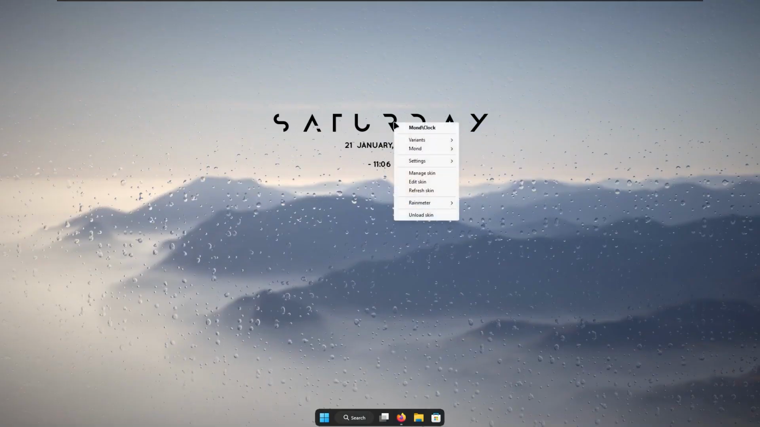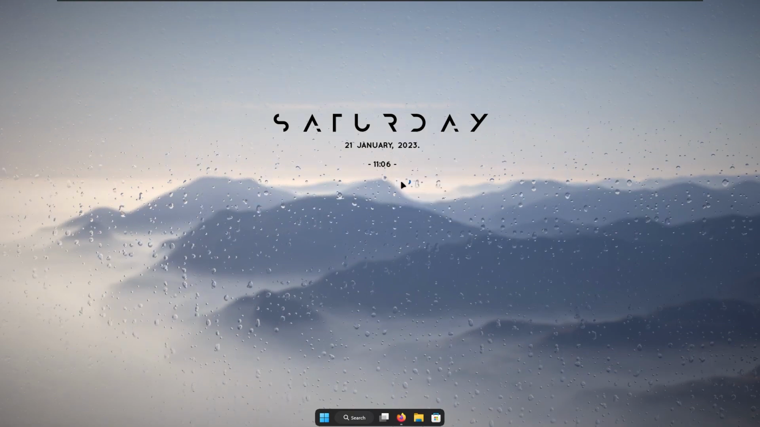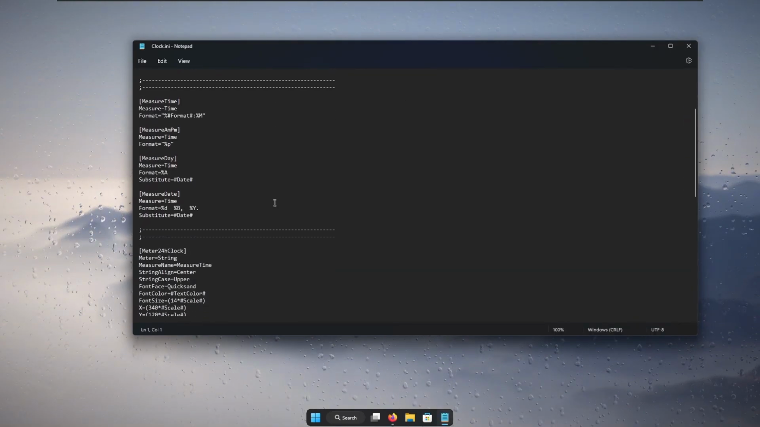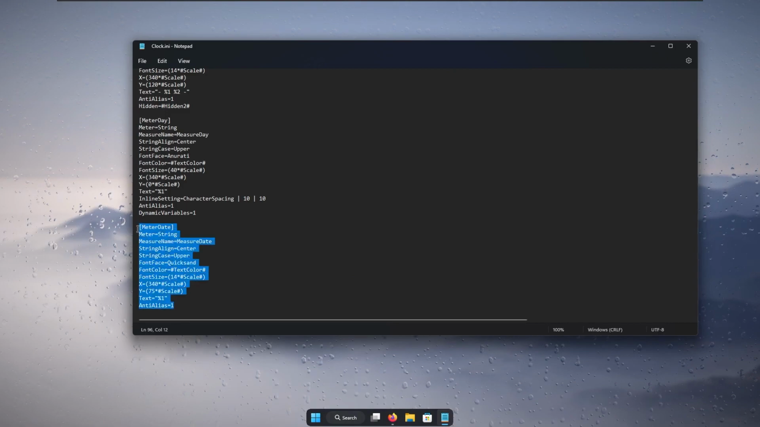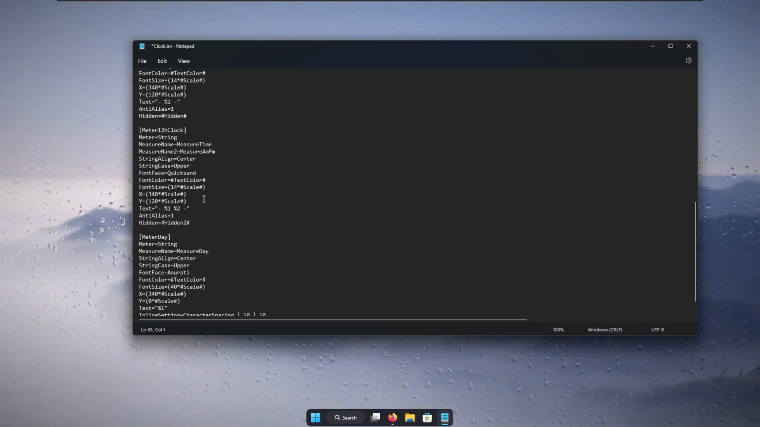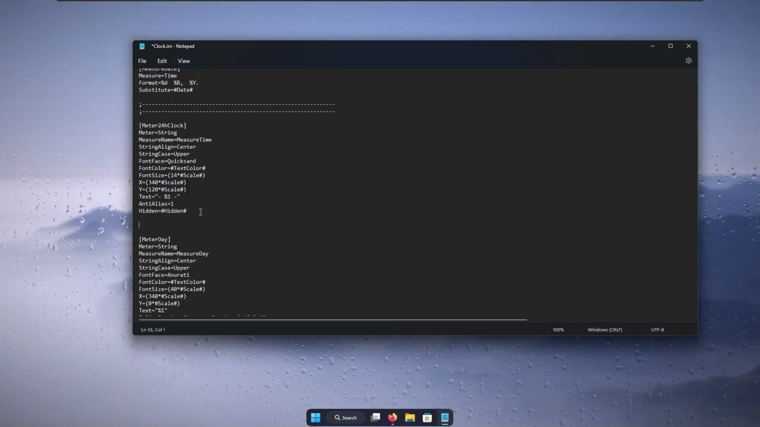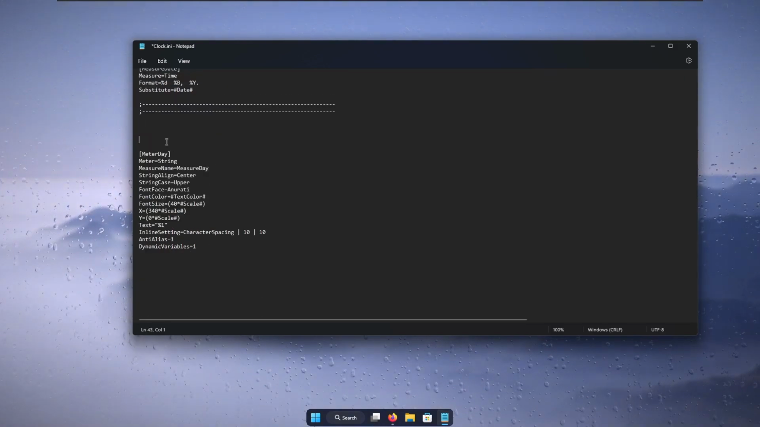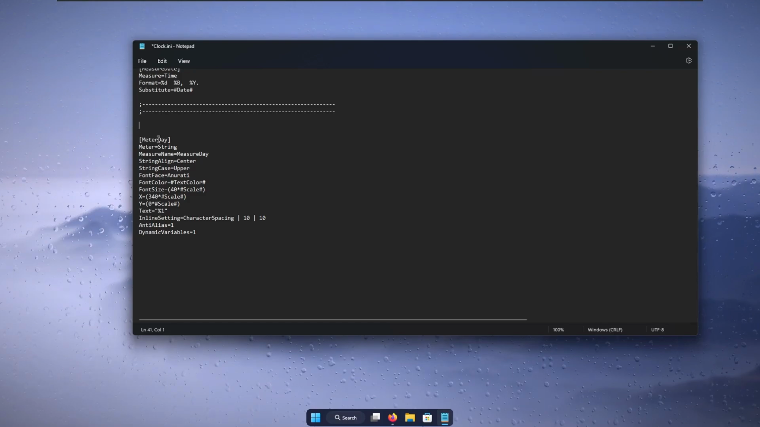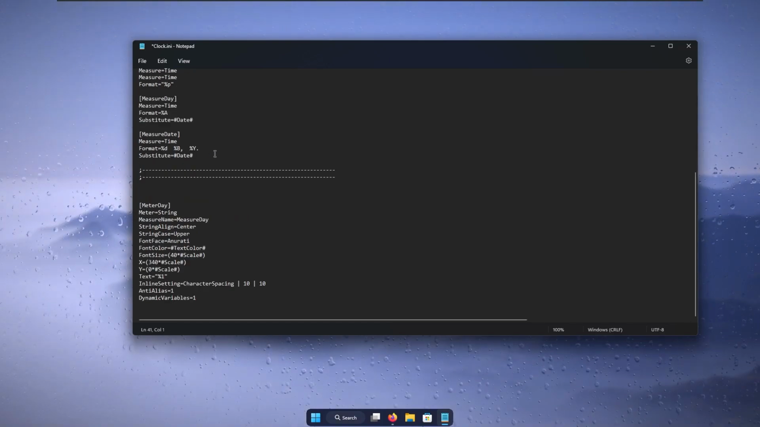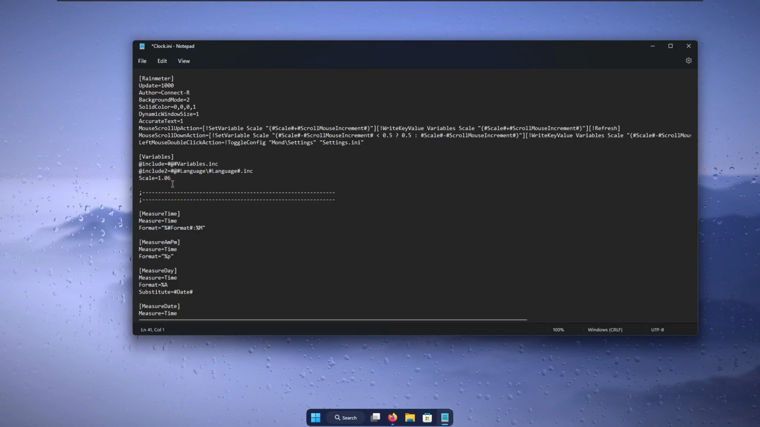Here I will right click on the widget and then select edit the skin. And down below, I will delete meter date option. Here I will also delete meter 12-hour clock as well as meter 24-hour clock. And we are just left here with meter day. Here at the top, we can change the scale of the widget. Here I will go with